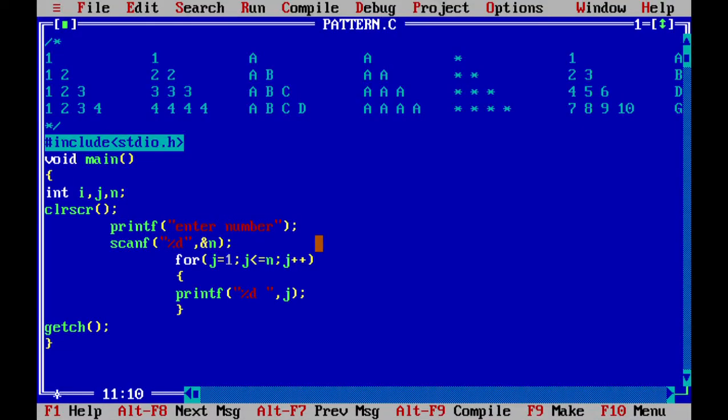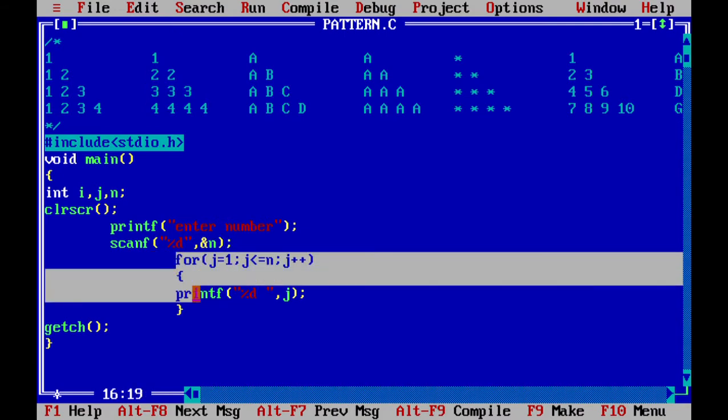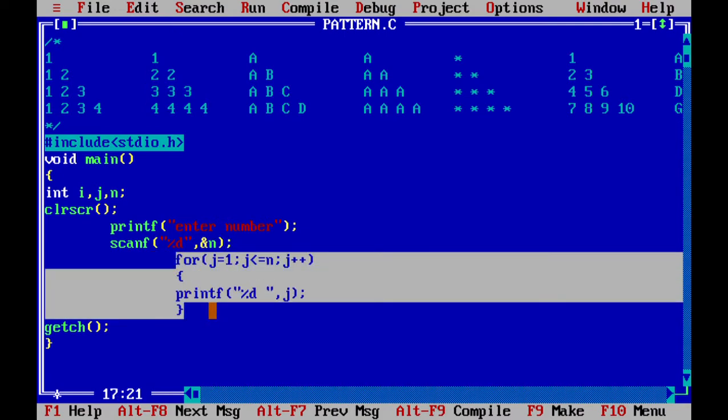Okay, so in this case it is printing the numbers 1 to n, but suppose I want to print these numbers n times. Suppose a user enters 4, then 4 times I am going to print these numbers 1 to 4. So for that, see, this for loop is used to print the numbers 1 to n, but I am going to print this n times.